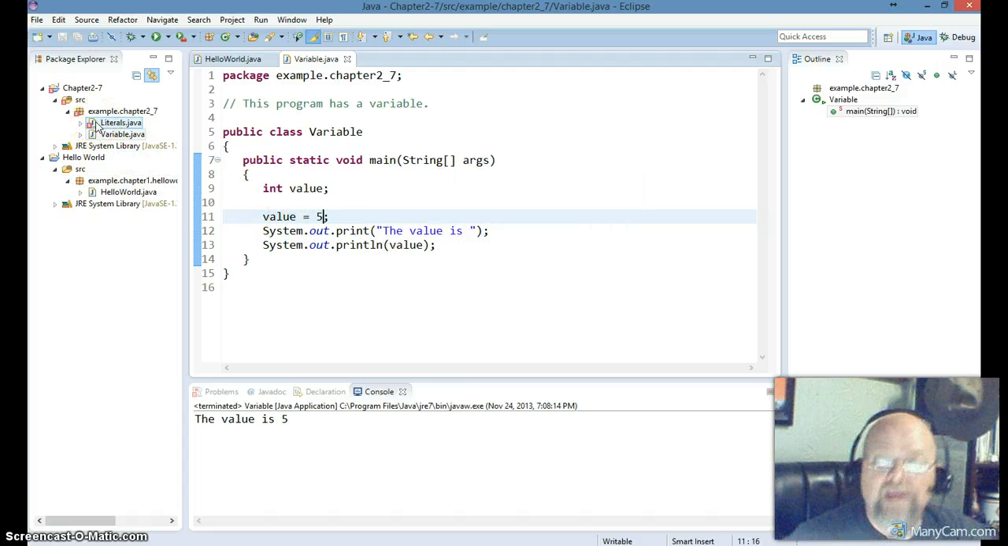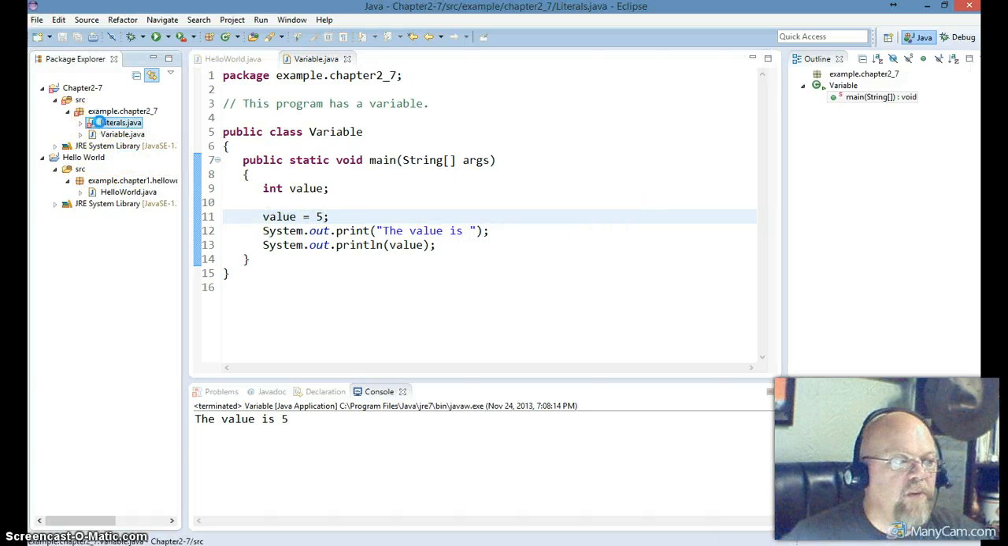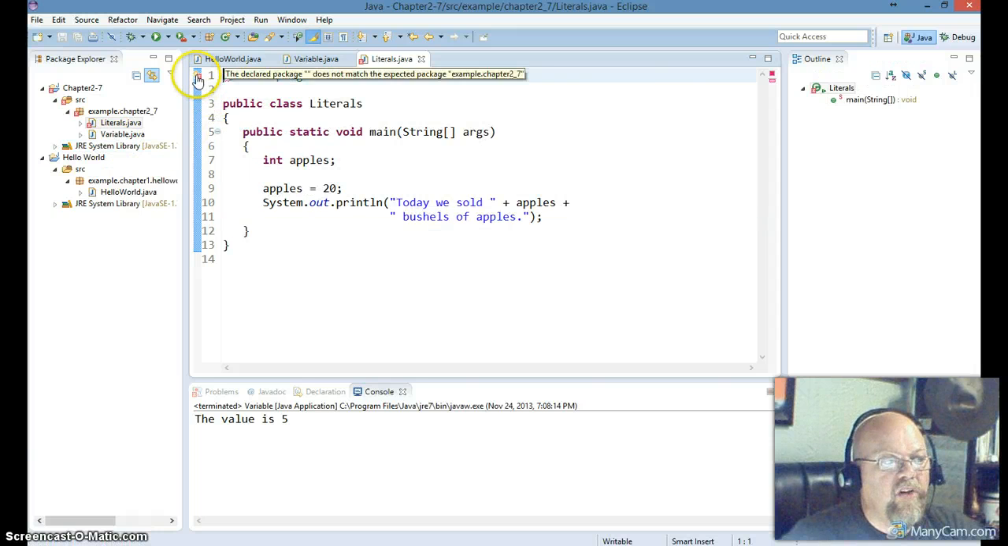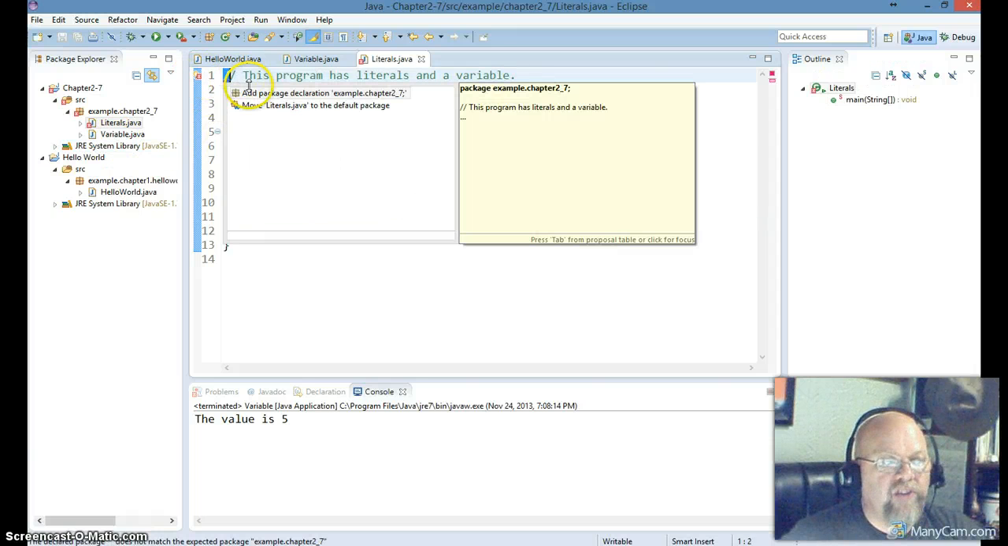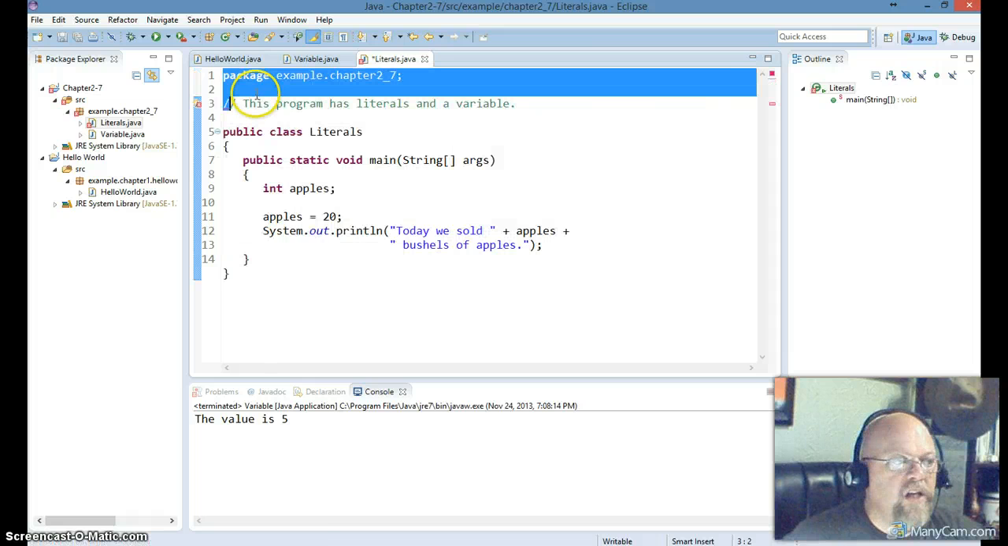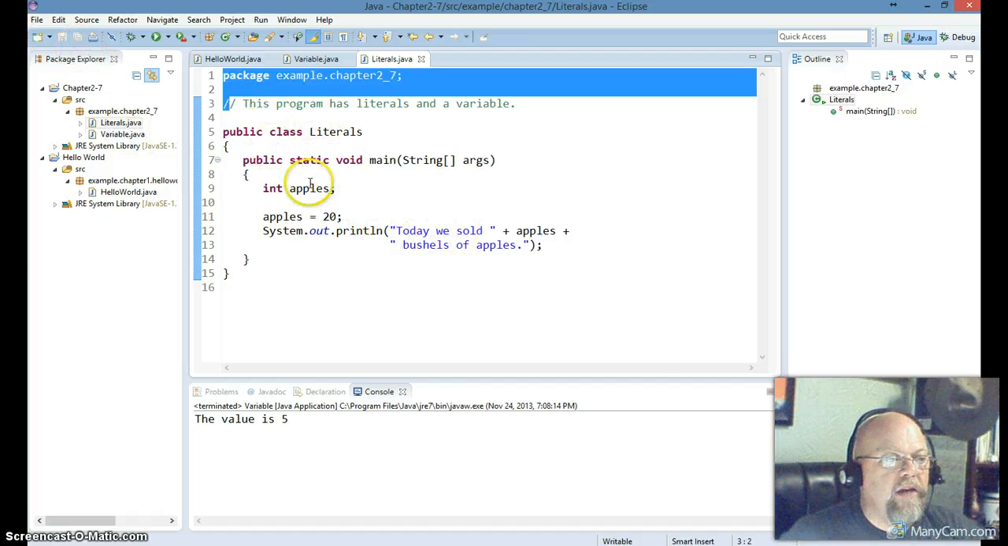Now again, remember, we're always going to see the red X. I have to double click on it. And I'll click on the light bulb and it says add the package declaration. I go ahead and double click that. I now have the correct declaration for my package. And here I have int apples, apples equals 20, sys out print line, today we sold plus apples plus bushels